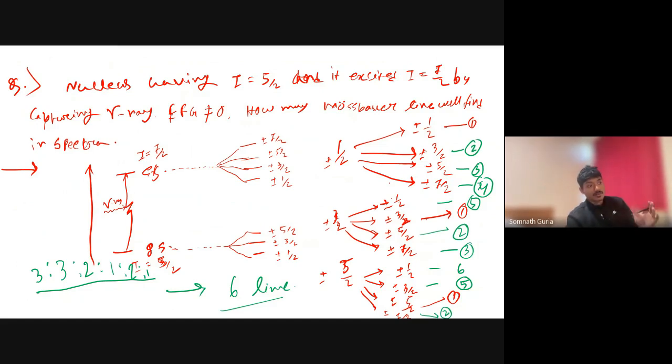Number 6 line will be the transition between plus minus half to plus minus 7 by 2. This will be the end transition. So at the most positive direction, this will be my transition. I messed up with that